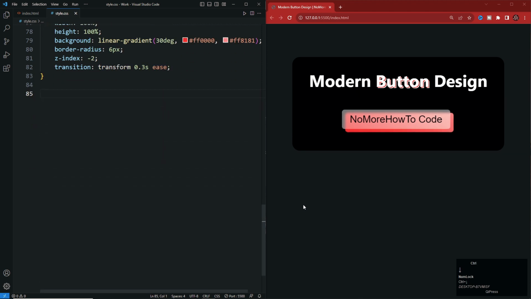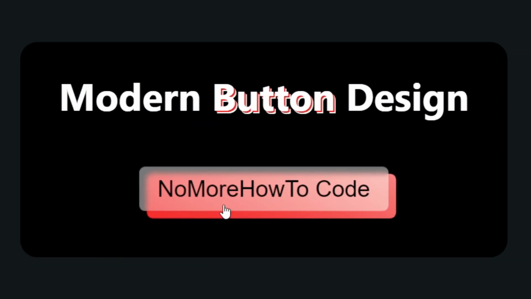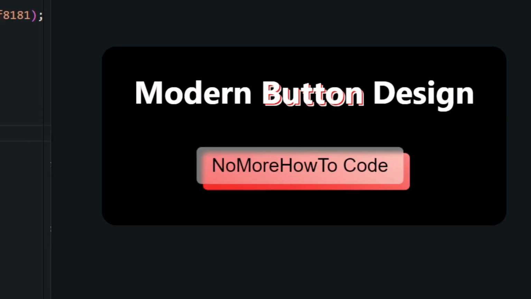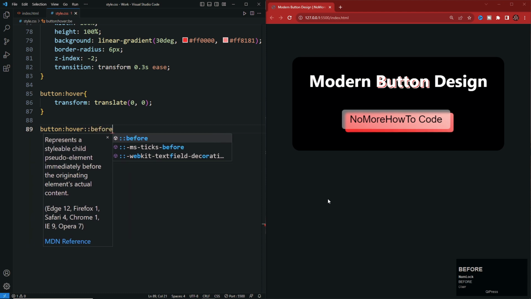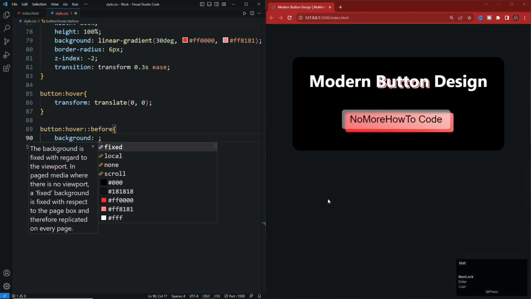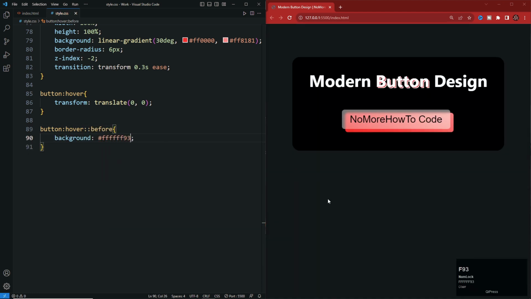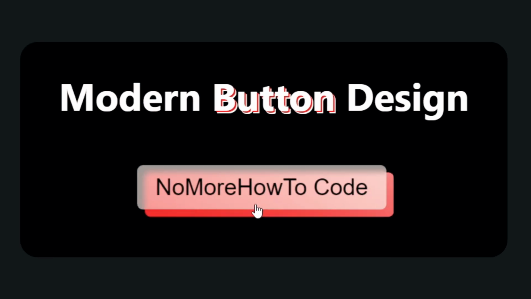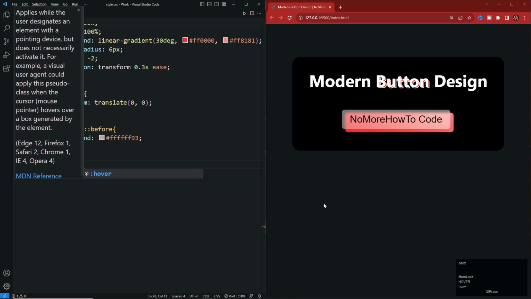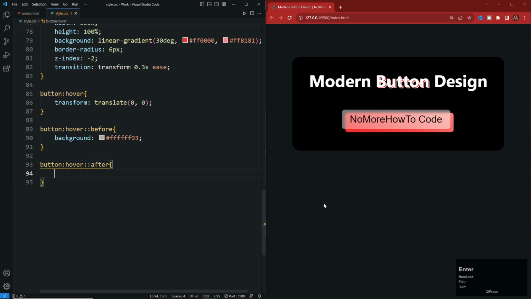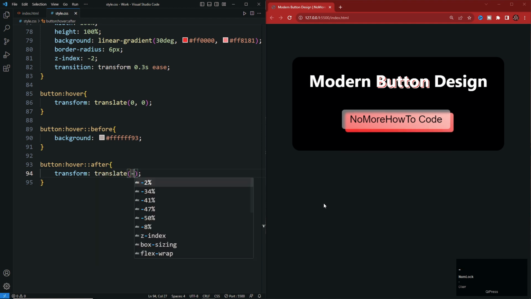To bring the actual effect to life, let's make some dynamic changes. First, we'll change the background position to the center, creating a captivating visual effect. Next, we'll change the background color of the upper background, adding that extra touch of elegance. Now, let's switch gears and adjust the lower background position to the center. This final touch completes our first button, and it's now ready to shine.